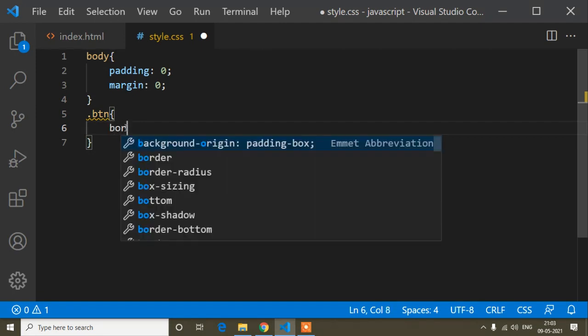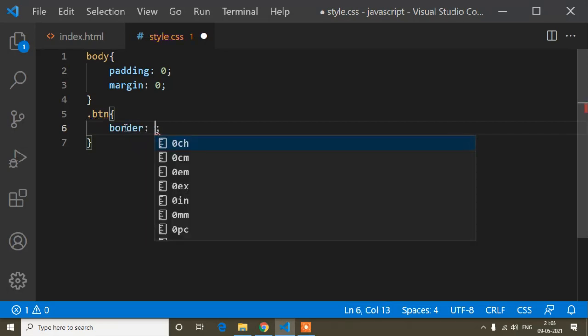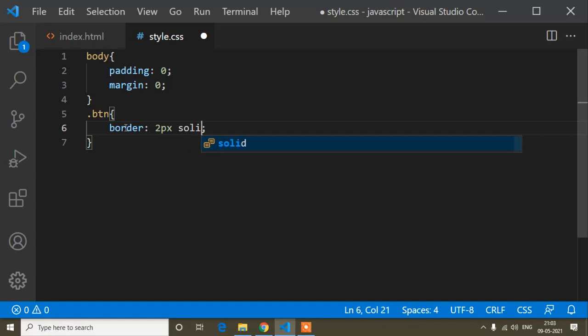Now guys, first of all inside this, the border is 2 pixel, and solid, and here I will add a color. These are the color codes. If you are using Visual Studio Code, here is the benefit. Suppose you don't know the color code, and I'm not saying that you have to remember all the color codes. Actually I also don't know all the color codes. There are different types of color codes, so it's not mandatory to remember all of them. Just remember some simple ones, like white is FFF and black is 000. These 2 color codes you should remember, because we always use them.